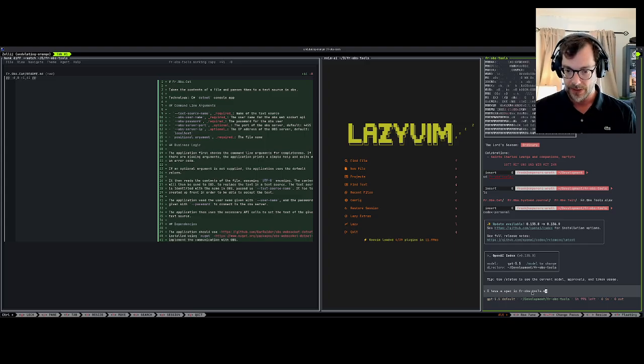Oh, that's not really right. fr-obs tools. That's basically fr-obs cat. That's right. So fr.obs.cat/readme.md. You show me the spec in my text editor